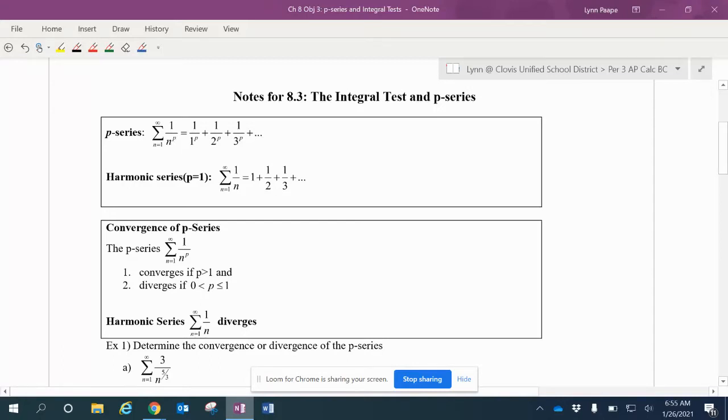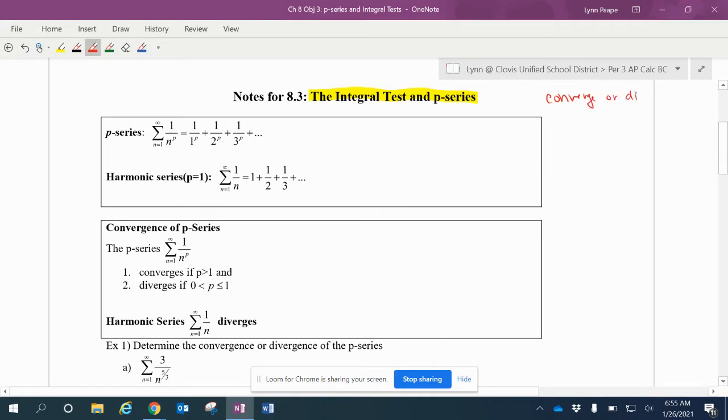Okay, so for Chapter 8, Objective 3, we are going to be looking at two more tests. So we already had the geometric and nth term tests, and today we're going to be looking at the integral test and the p-series test. Just a reminder, for the first 4 sections, I think it is, we are just going to be learning a bunch of different tests to determine if an infinite series converges